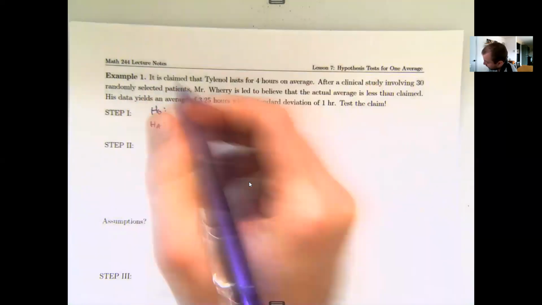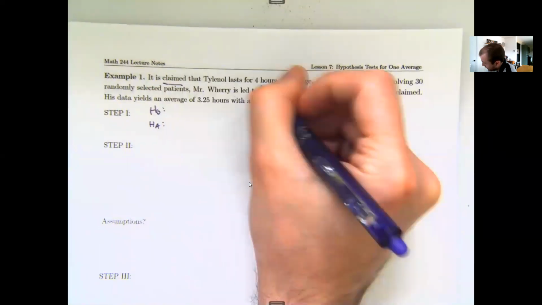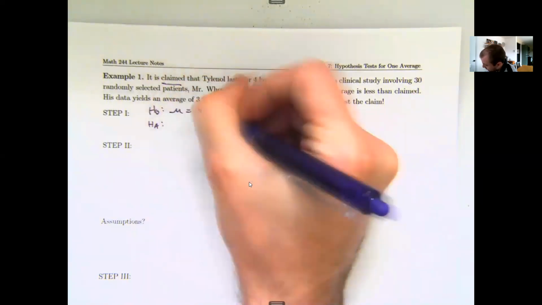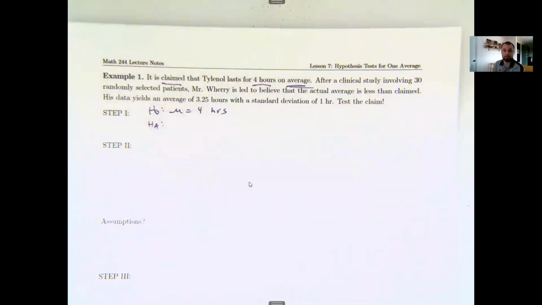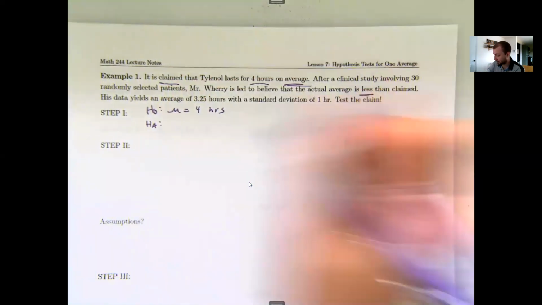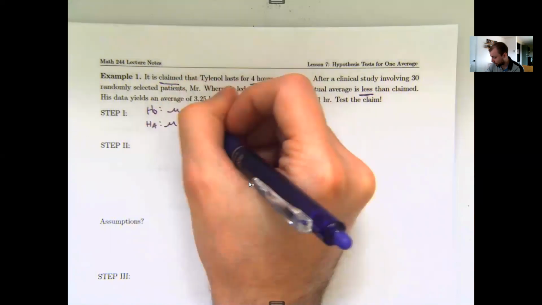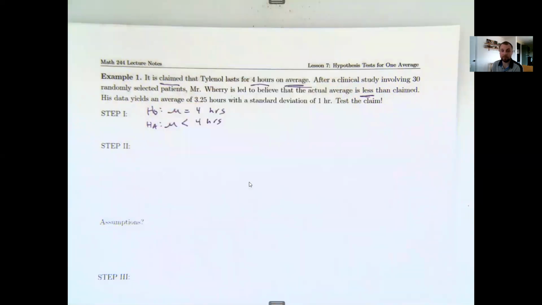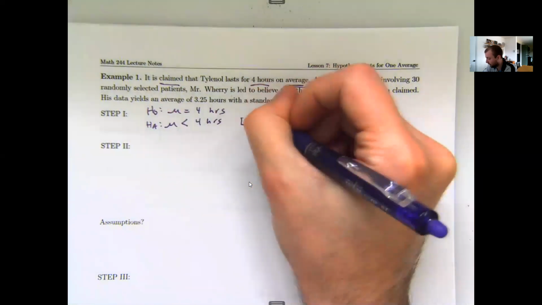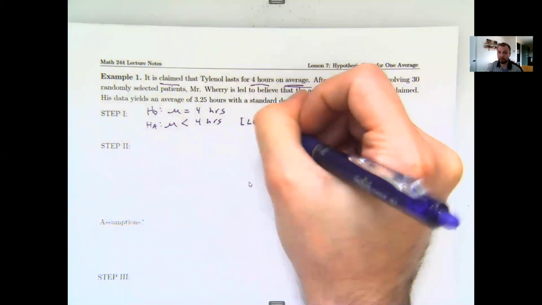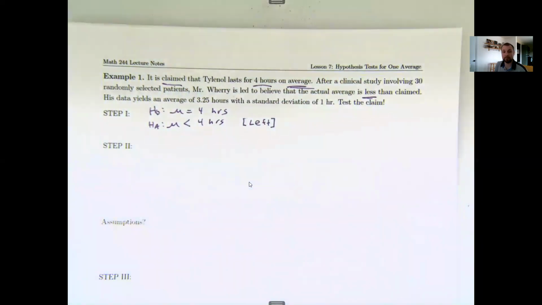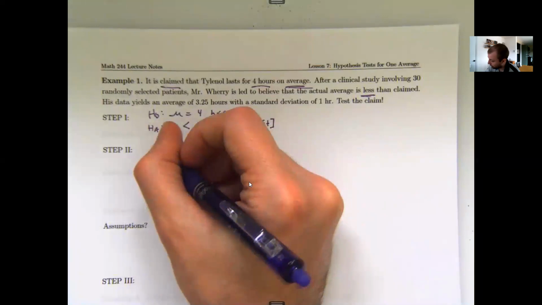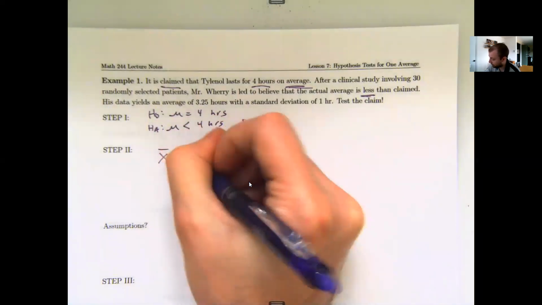This is a claim about averages. So it is claimed that the population average is 4 hours. I think the actual average is less. So same symbol, same number, different inequality, testing less. Reminder, your alternative hypothesis will tell you which way you're going to be shading. So if I'm looking at numbers less than whatever my value is, this is going to be shaded to the left, or left-tailed test. My model, x bar is going to follow a t distribution with some degree of freedom,